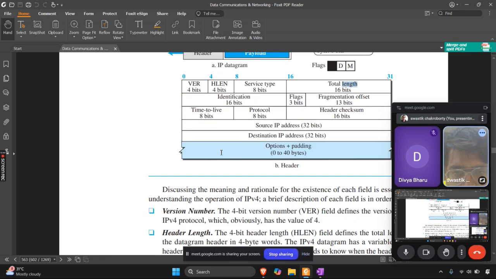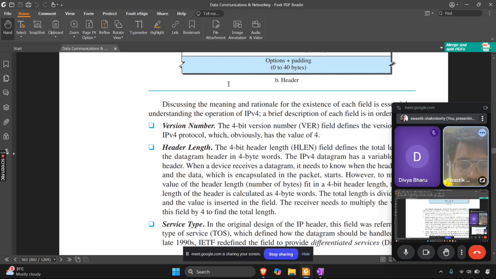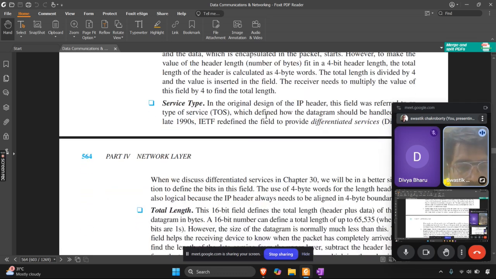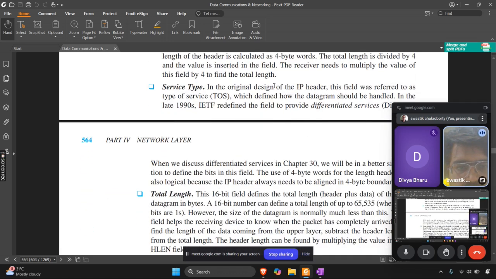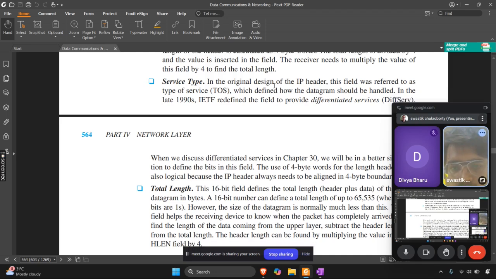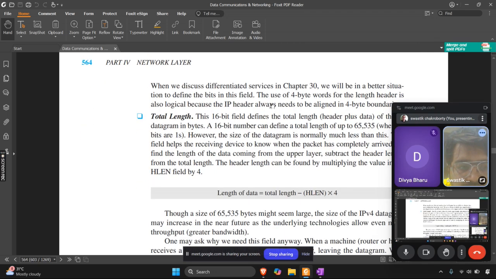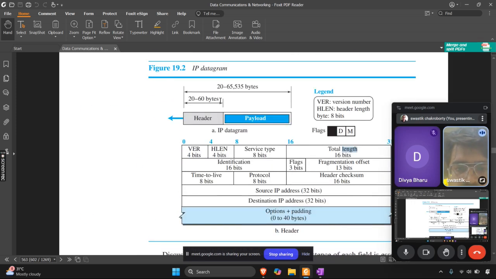So first is service type. So we have understood what is version number and header length. Next is service type. In the original design of the IP header, this field was referred to as type of service, which defined how the datagram should be handled. So in this way, you can see that this datagram may be a message, it may be a control signal, it may be an information signal. So control signal has instructions to execute, message signal has messages from the sender, whereas